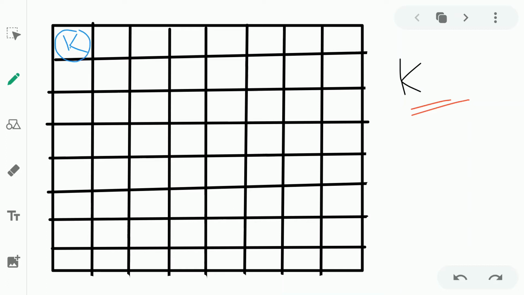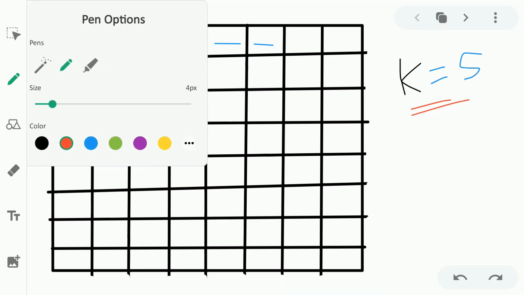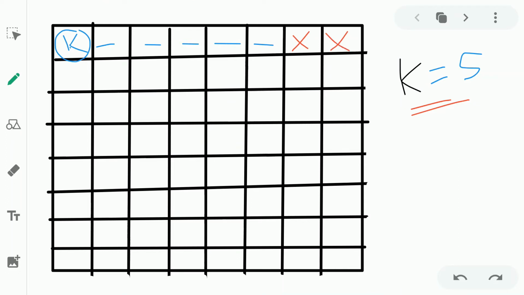Now whatever the k value is given, let's say it is 5. What we will do is we will just leave 5 spaces over here: 1, 2, 3, 4, 5, and the rest of the places we will block, like here, here, here,